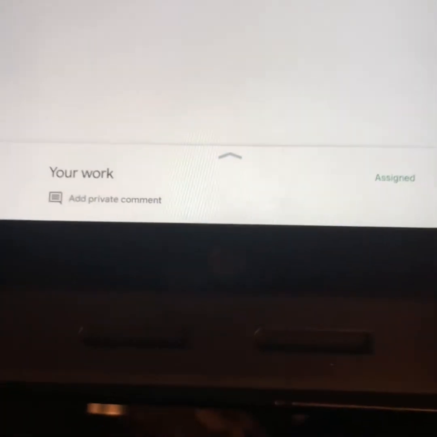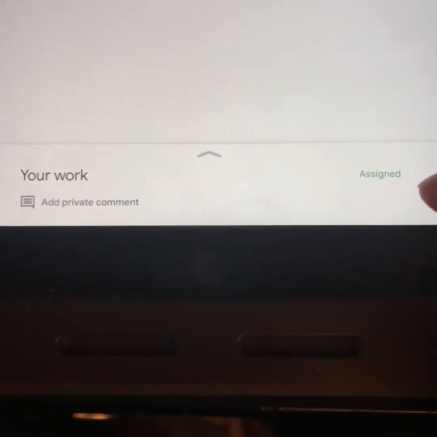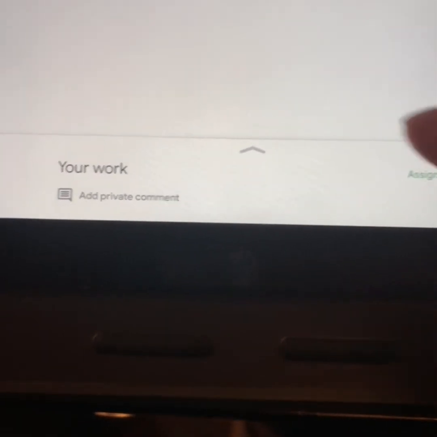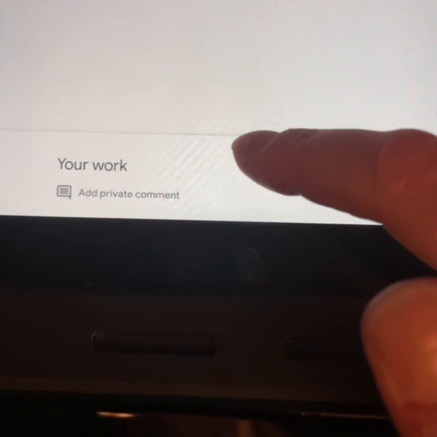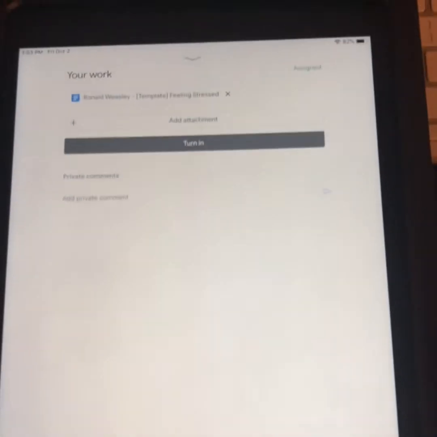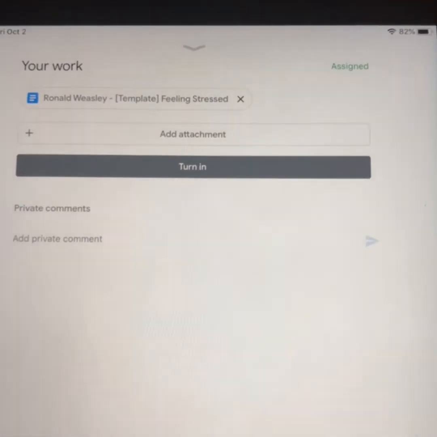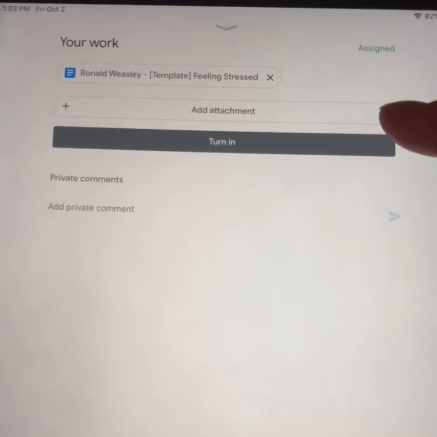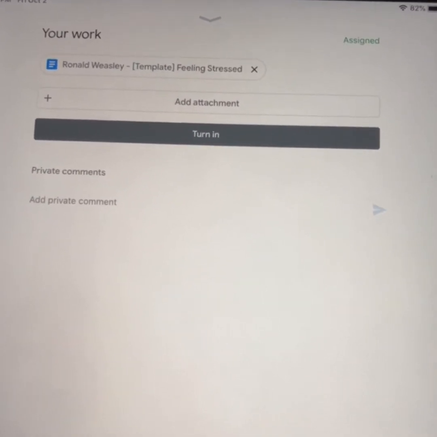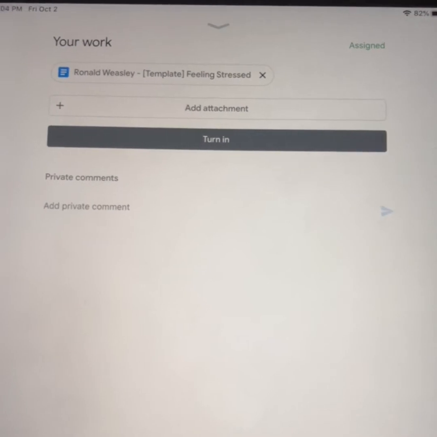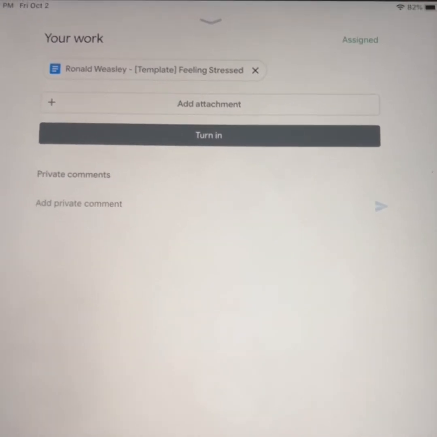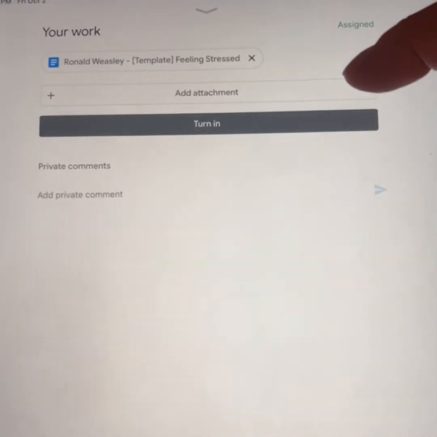So now we know, although it looks blank, there's clearly something assigned, but we don't know where the work is. We now know we have to tap this little arrow. And this time the window looks a little bit different. There still is a turn in button. So we could technically press turn in right now, and that teacher is going to get basically a blank document that we have not edited. So we don't want to do that yet. If we needed more,